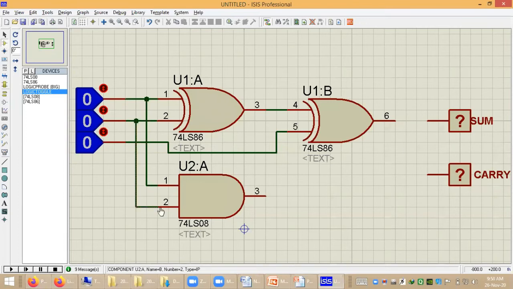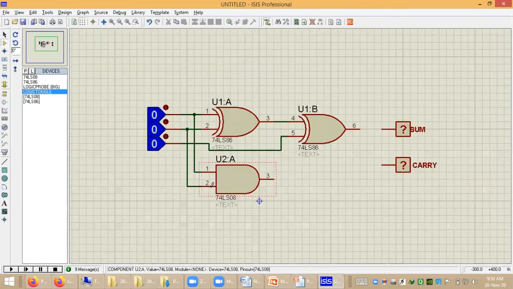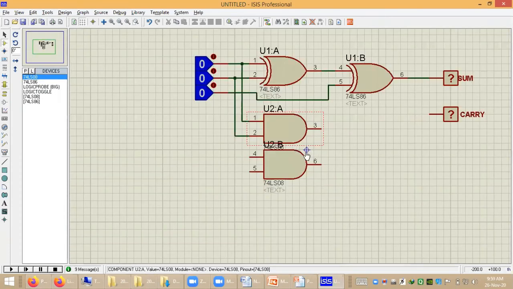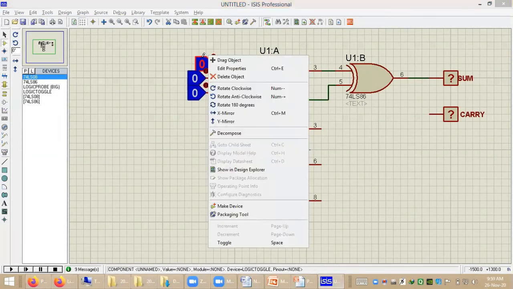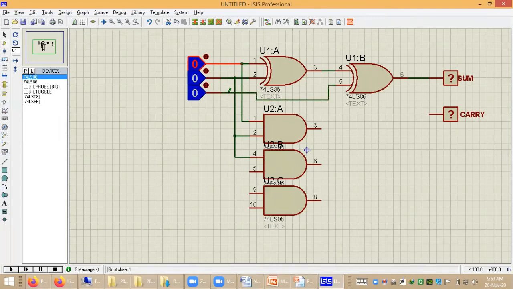A, B. One more AND gate is required, one more AND gate 7408. The third AND gate is also required, 7408. So A into B is done. Then B into C. C can be taken, I will just drag it backside. C, and finally C into A.